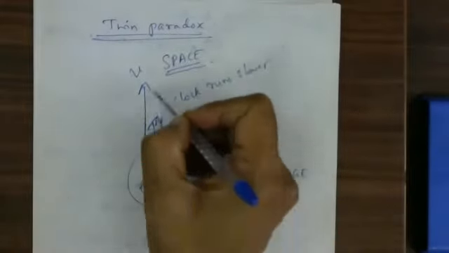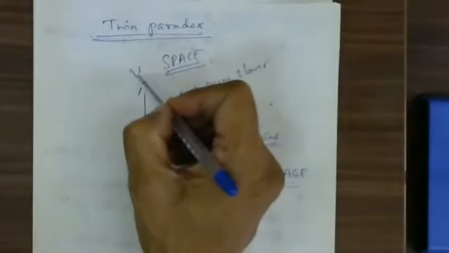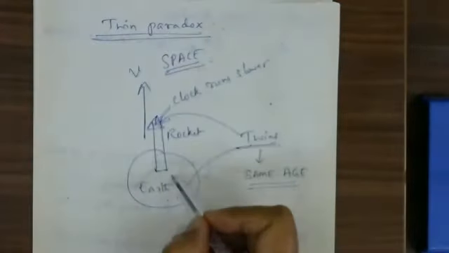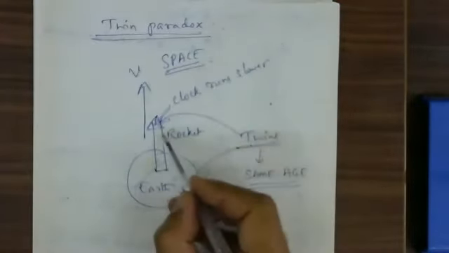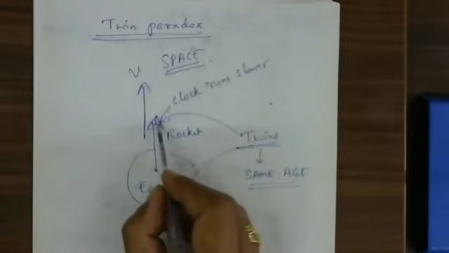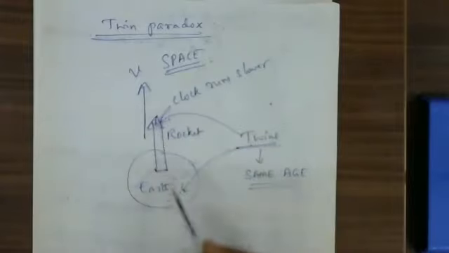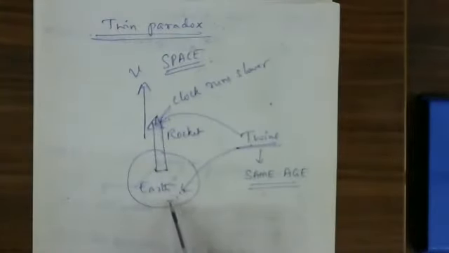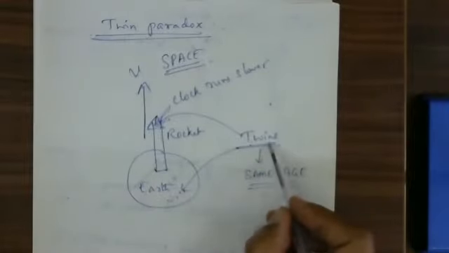If the rocket is moving with a high speed v, and after some time interval it returns back here, then when comparing the age of the person in the rocket and the person on the Earth, the person on the Earth is said to be elder than the person in the rocket. The person moving in the rocket becomes younger than the person on the Earth.